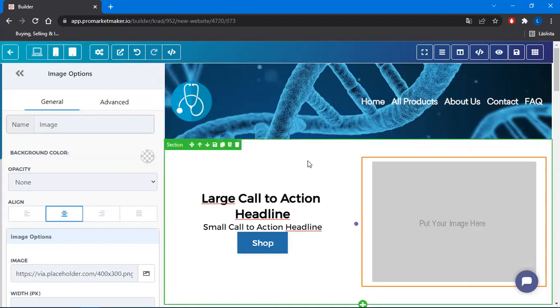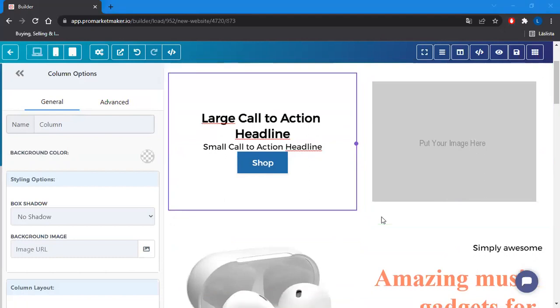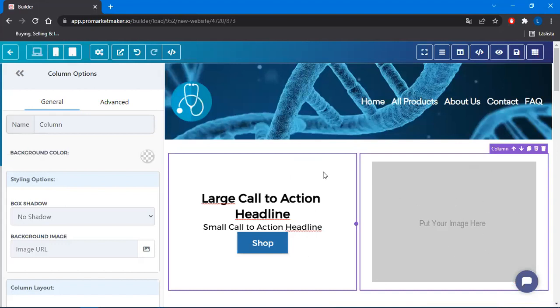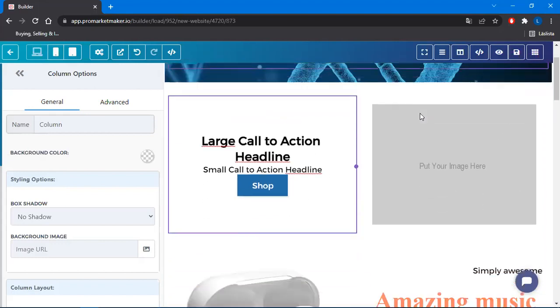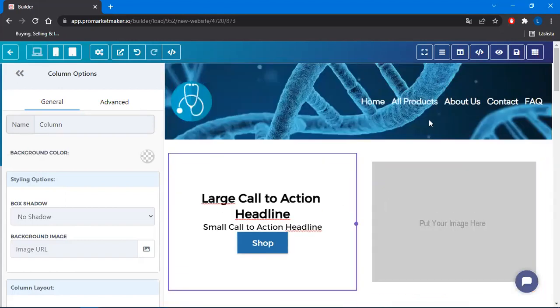All right, so now when we have the layout done, we go back to our document and we check. We have now done the navigation menu and the first section. And we can start to write whatever we want to write here, put the image we want, fix the background, or we can move on and start with all the products and then work on that if we don't have it. For now,